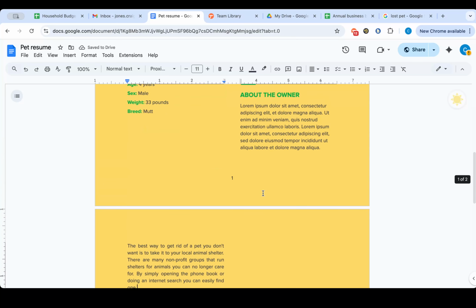With this skill, managing longer documents becomes a breeze, and you can present your work with the professional polish it